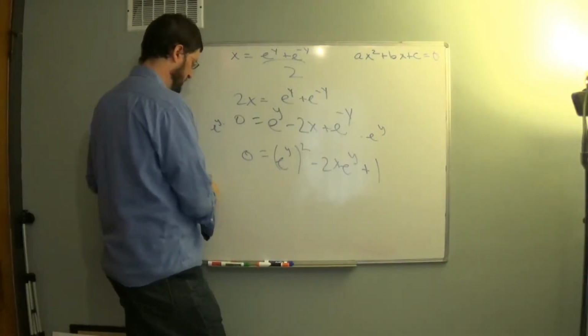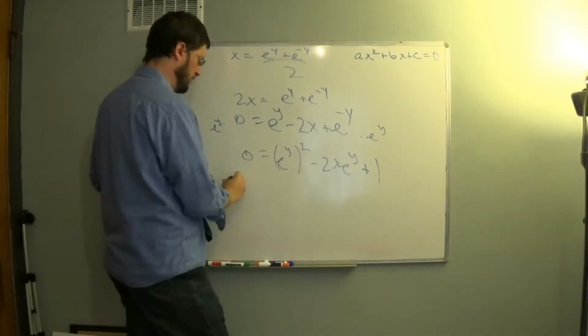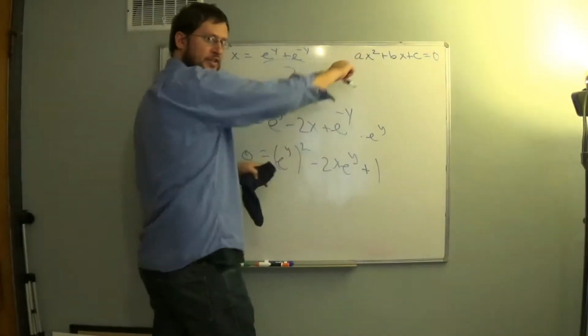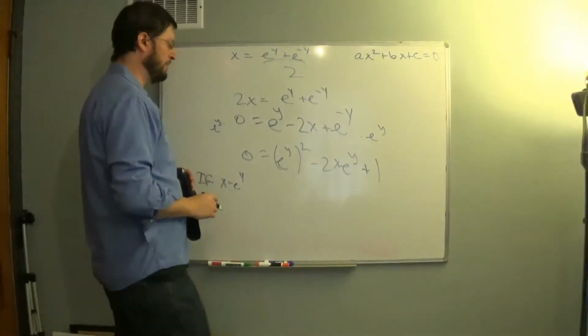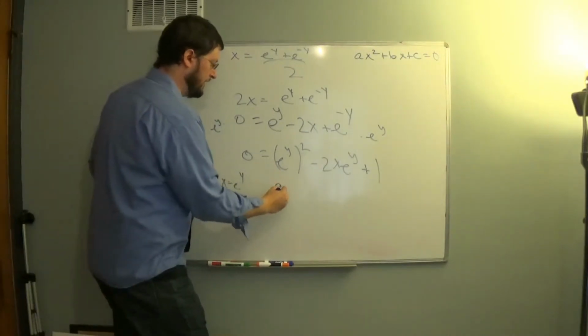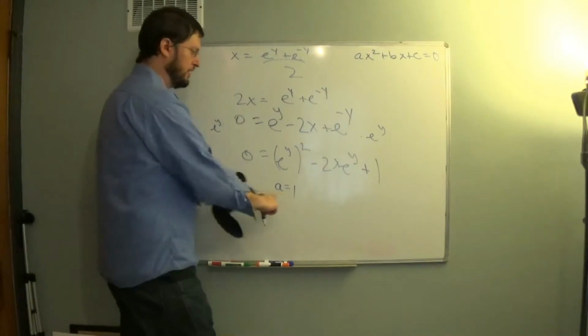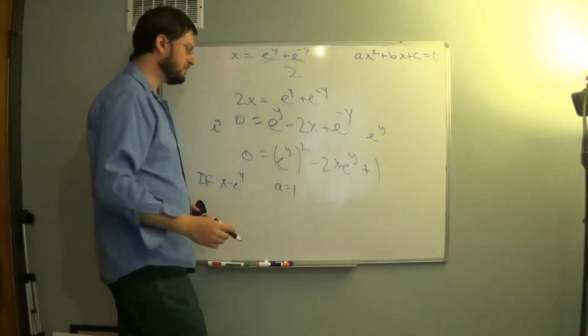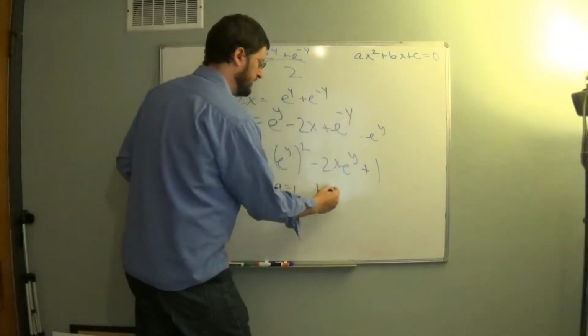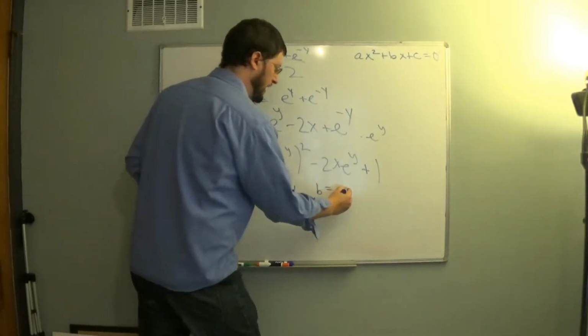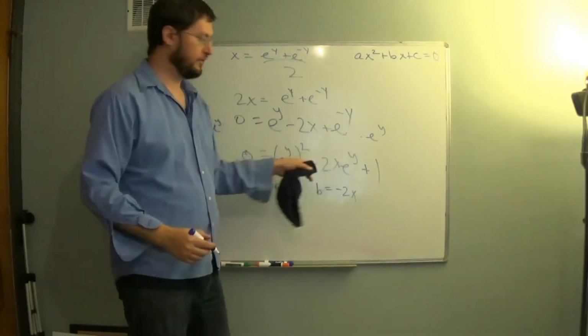So a is equal to 1, because that's 1 times x squared, 1 times e to the y squared. b is equal to negative 2x, right here,